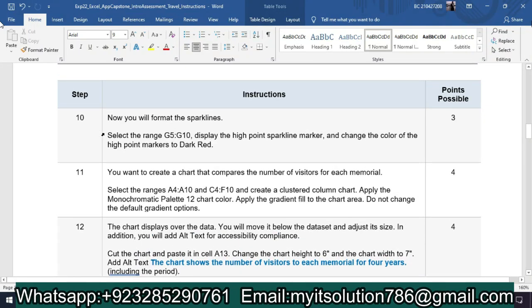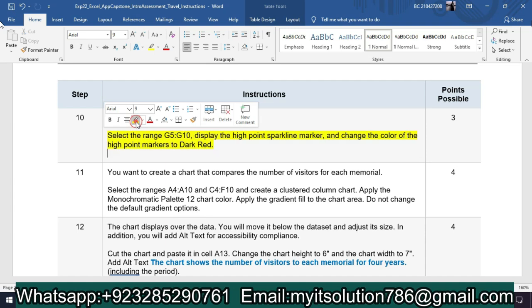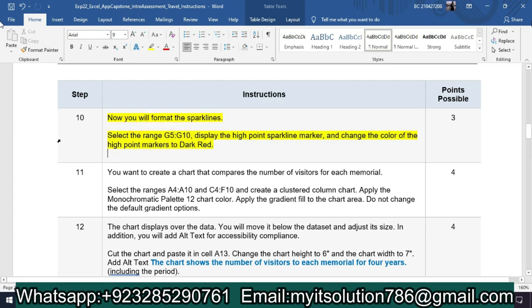So in this step number 10, now you will format the sparkline. Select the range G5 to G10, display the high point sparkline marker and change the color of the high point marker to dark red. So in this tab we select the G5 to G10. So in the Excel worksheet we select G5 to G10, and in the sparkline here is the high point,